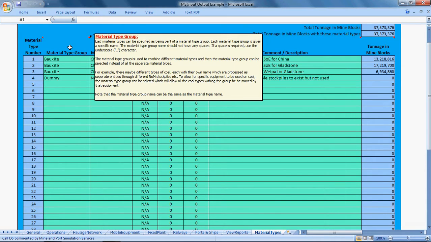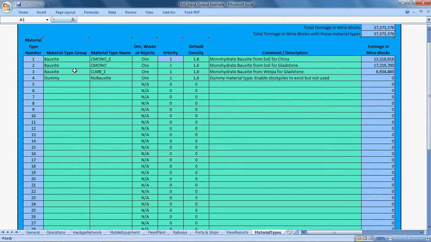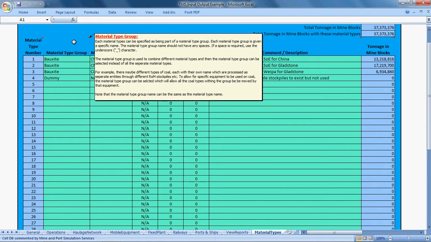Material type groups enable you to group similar sorts of materials into groups and report on those different types of groups. So in this case we've got 3 types of bauxite, so we just set up a material type group called bauxite, and so in some of the reporting we just report on bauxite, not the individual types of bauxite. Then in this case we specified 3 types of bauxite in this particular simulation, and they're all ore. Now just to go through some of the data,